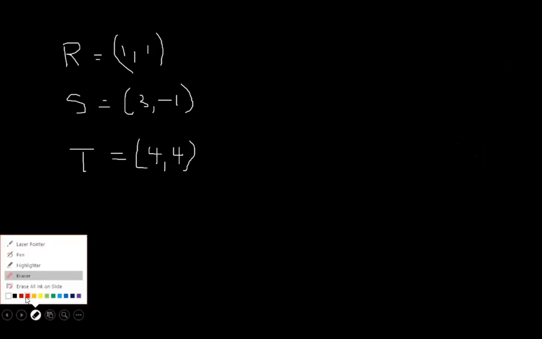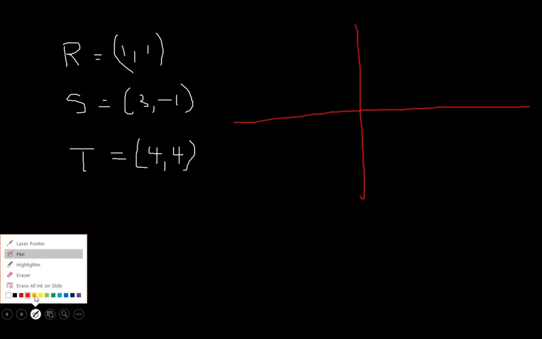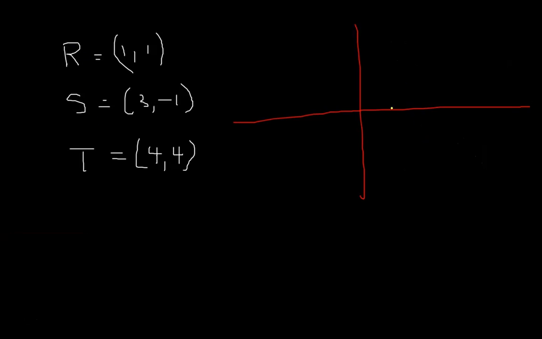Right, so I said a sketch would help you because you need to find out which two vectors you should be using, right? So you have a Cartesian plane. Let me use yellow. So I want the point R. On the x-axis, horizontal is x, vertical is y. So let me say this is 1 and this is 1. Then this right here is my point R. S, let me say 3 is around here, minus 1 is down here. So then this is S. And let me say 4 is around here, and 4 is up here. So this is